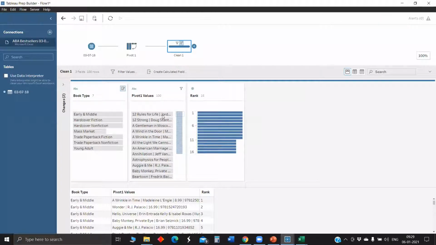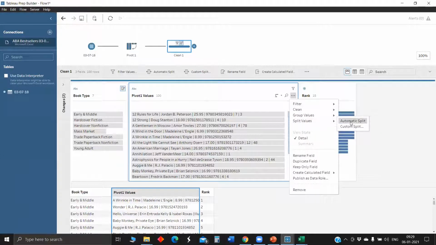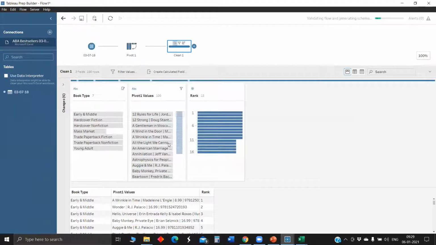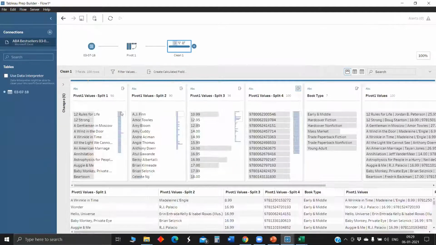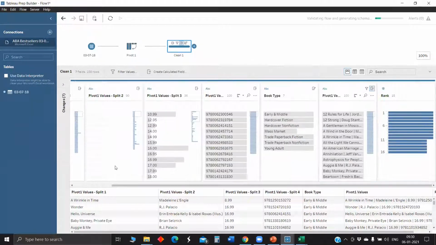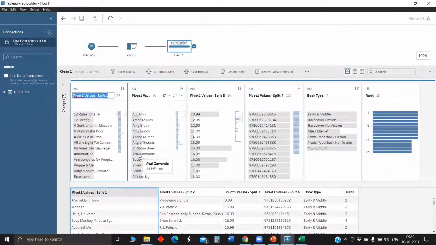And here, as we have seen already in the Excel, we have the name of the book, then author, price, ISBN code, and some others. We'll try to split values. If you give automatic split, since we have a delimiter here, a straight line, it will understand by default that it is the delimiter, and it will split into n number of values. Now since we have split, we no longer need this parent field. So we can just remove the parent field from the data source. And here rename this field as book name.